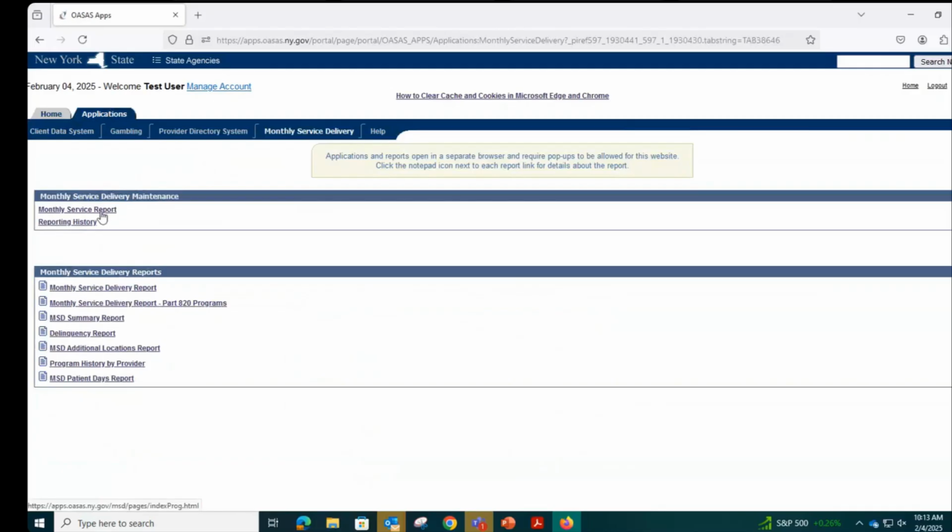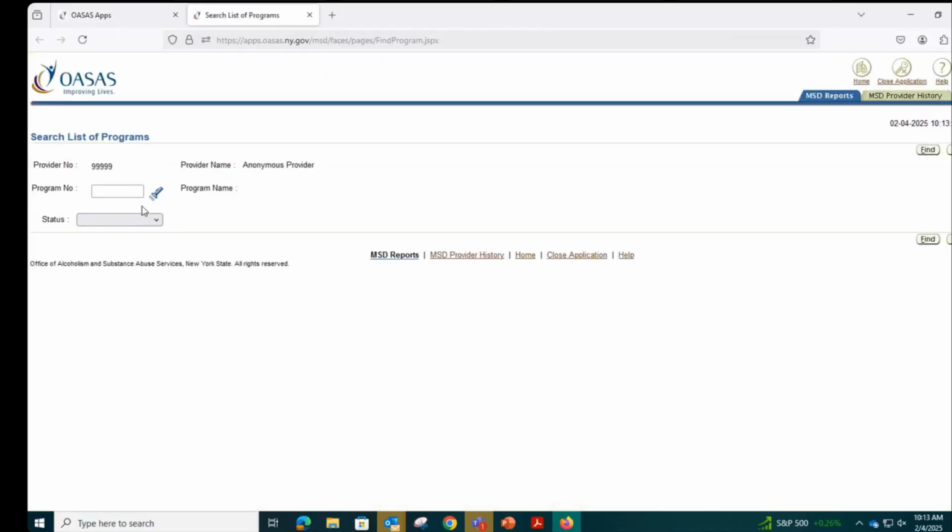And then to Monthly Service Report. It'll populate with your provider information here. You would then enter your program number. If you don't know your program number, you could click on the flashlight and then search by, it will populate,